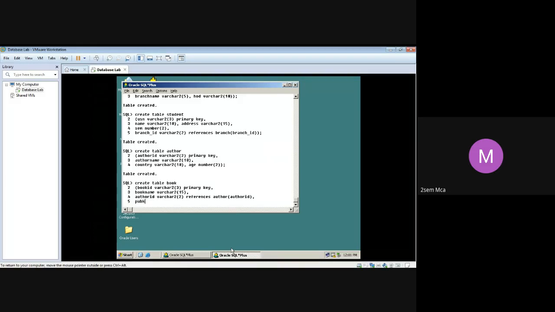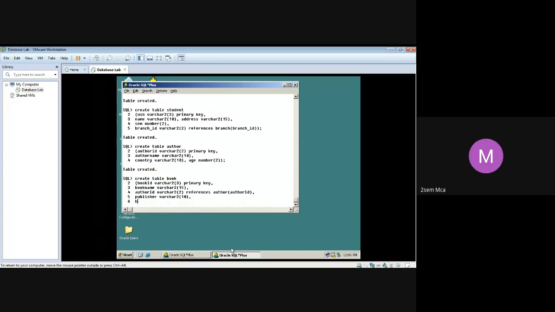Next, publisher. Publisher is not a foreign key. It is varchar2 of 10. Okay. Next, I go to branch ID. For branch ID, I give the same data type and size, varchar2 of 2. References. Which table are we referencing?